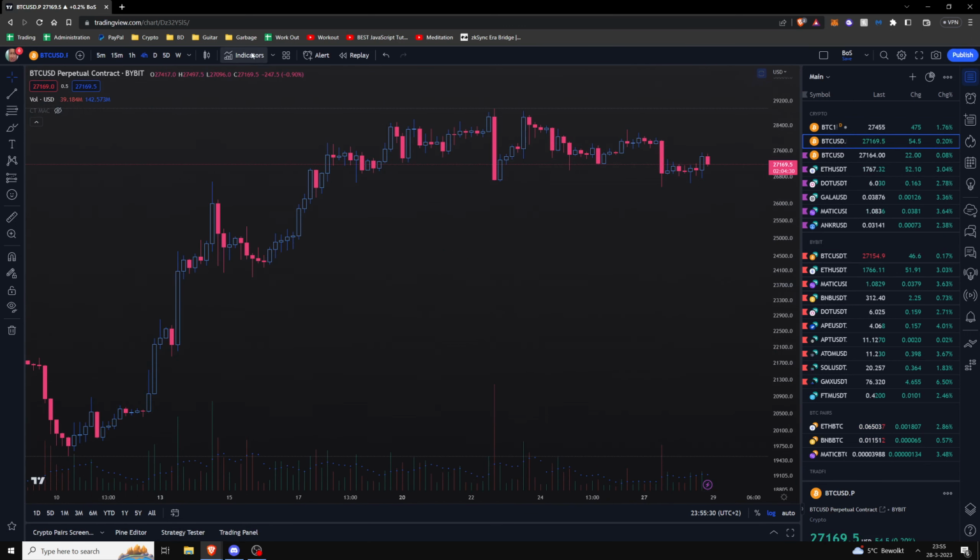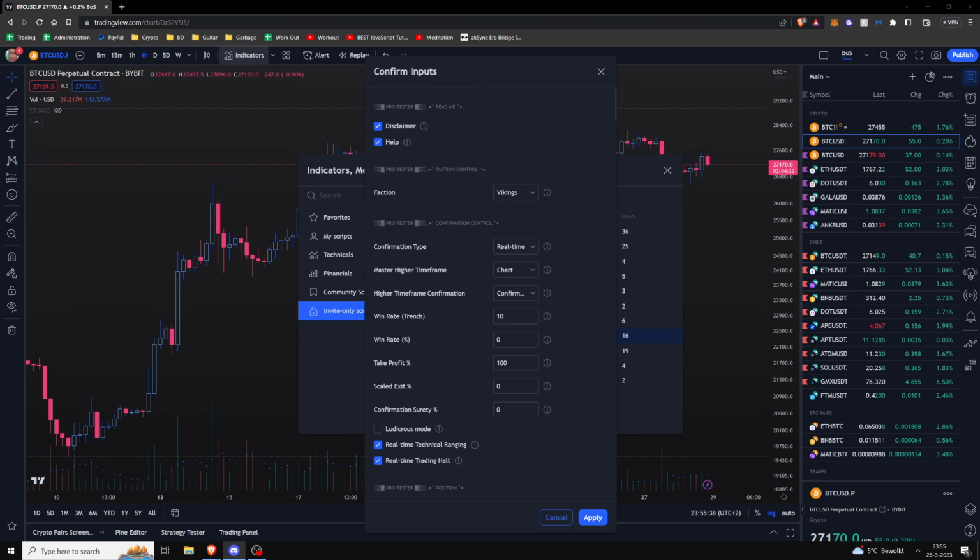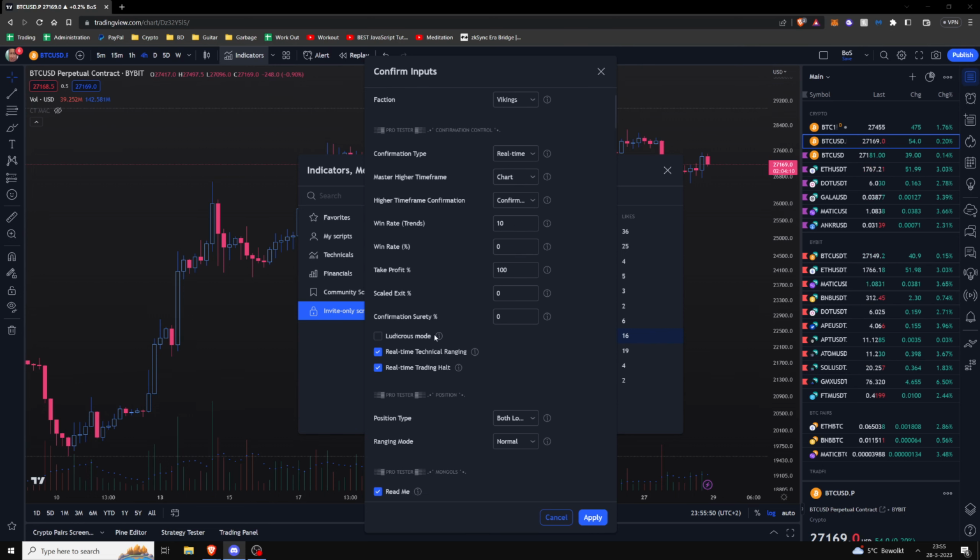Of course, I have a bunch of indicators here too. If I go to invite only, Lendal Pro Tester, and this will open up the big box. I believe some people have access to the beta. I'm actually not too familiar. Maybe Claire can shed some light on how people might get beta access if they don't have it, if that's even still open. But